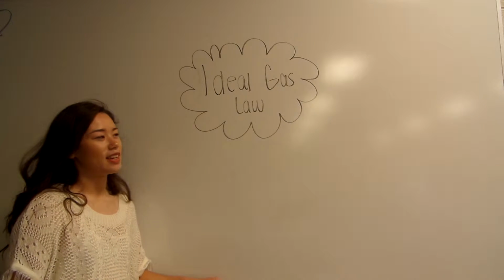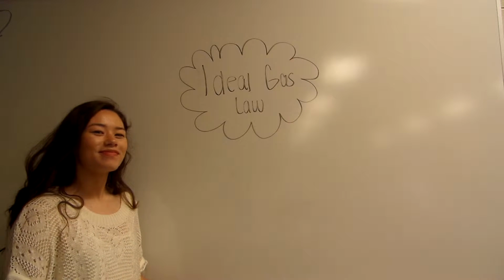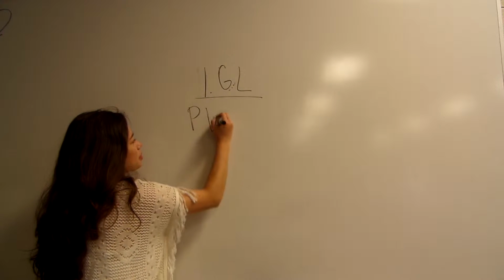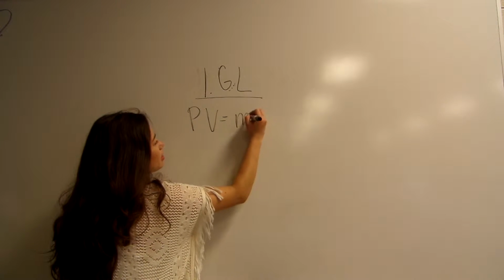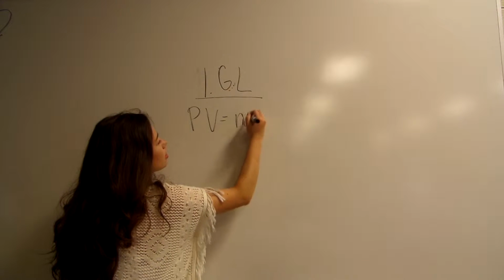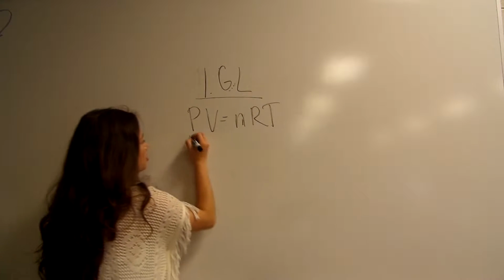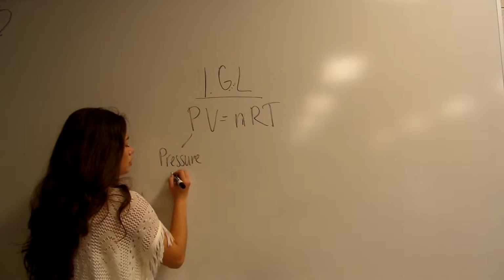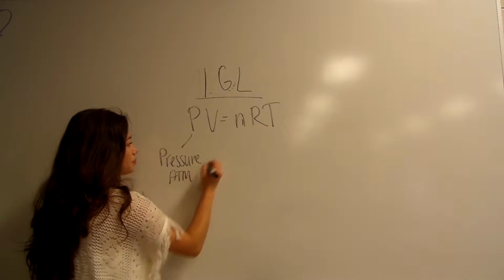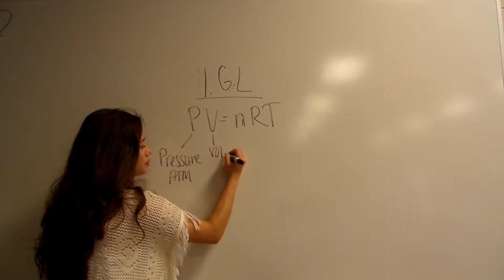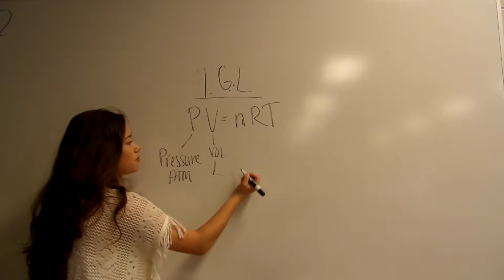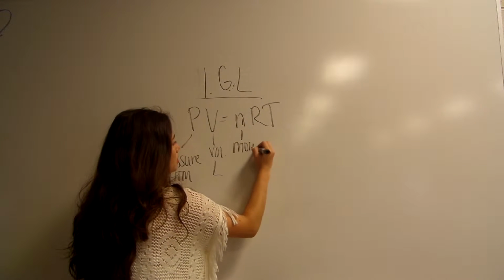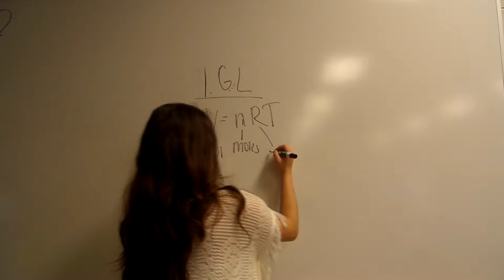Today we're going to learn about the ideal gas law. So the ideal gas law is made up of the equation PV equals nRT, with P being pressure, which we'll measure in atm, V is volume, which we'll measure in L, or liters, n is moles,